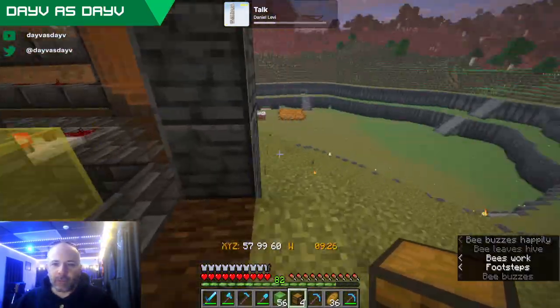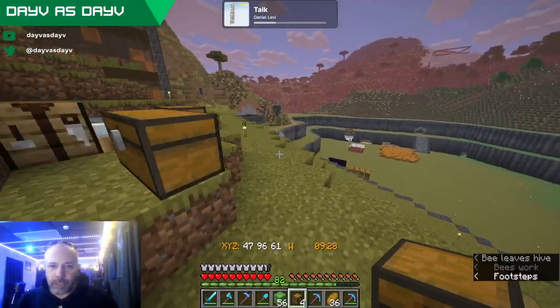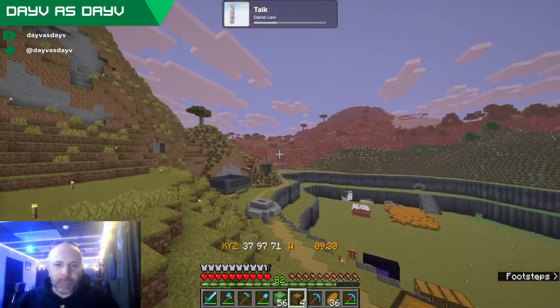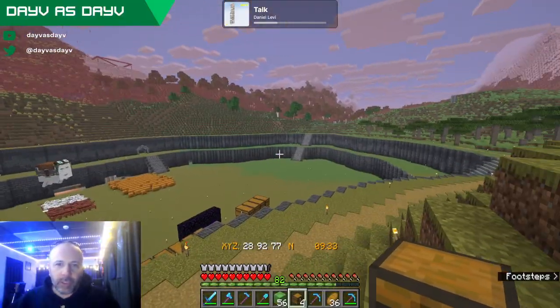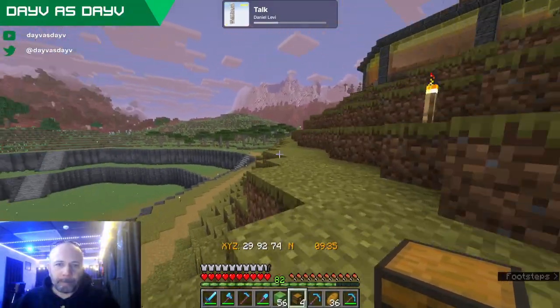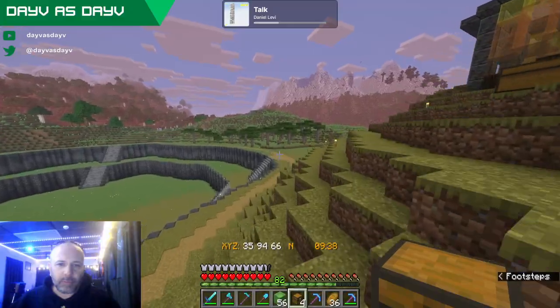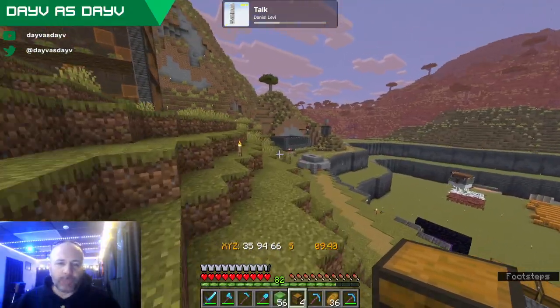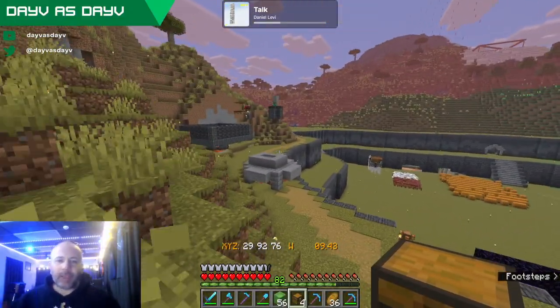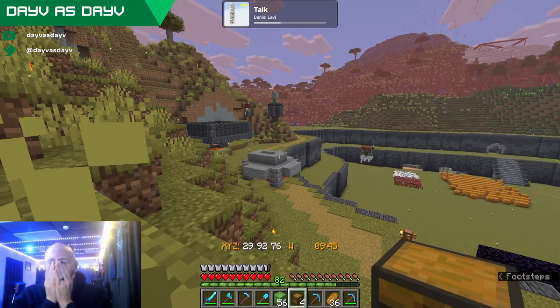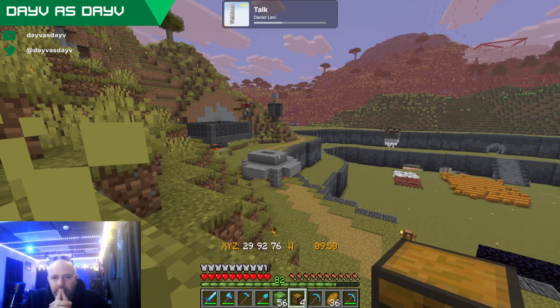They're buzzing along. All right, I think the bamboo farm is going back over in this direction somewhere. Oh, there we go. I mean, not that I couldn't rebuild that cobble farm. It's pretty simple. Let me think.